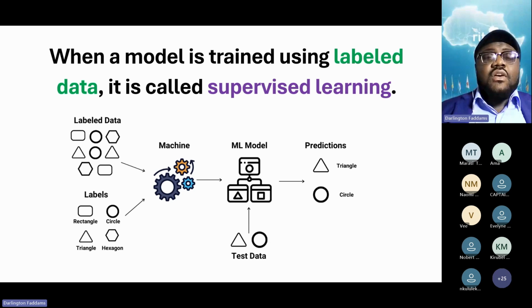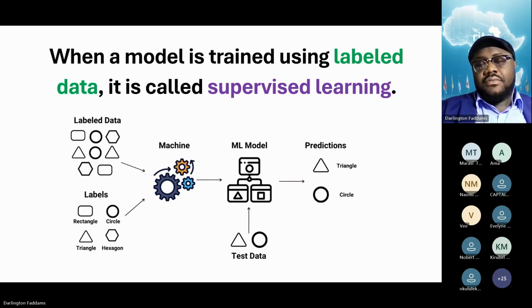All right. So this is called supervised learning, where you train your machine learning model with labeled data. You are not saying, tell me what this shape is or learn from this shape. No, you are telling this model that this shape is called a rectangle. This shape is called a triangle. You are teaching it the correct answers so that it will learn from it, so that later it will remember and produce the right answer. This is a very common type of machine learning model that we have in the world and you will be building. All right.